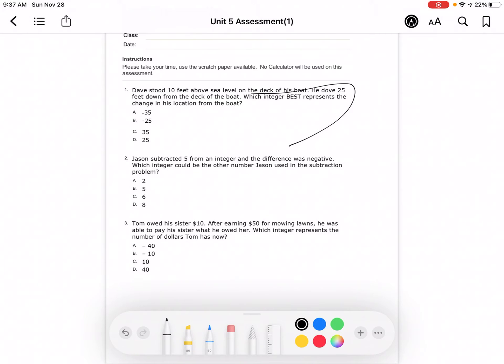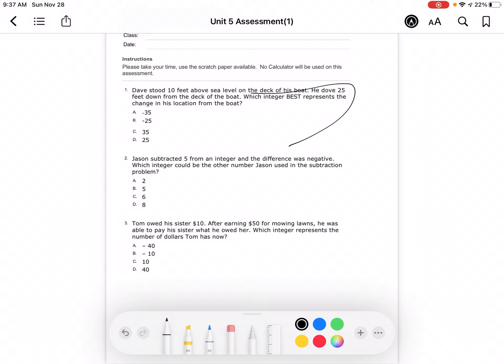Hi guys, so we're taking a look at the end of unit assessment for Unit 5. You couldn't use a calculator on this one, and if you're doing corrections, you're trying to figure out which questions you missed, and then fixing those questions on a piece of notebook paper, and then you're going to email those corrections to me. So the first one says Dave stood 10 feet above sea level on the deck of a